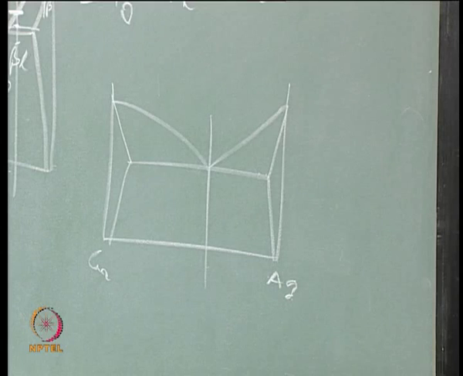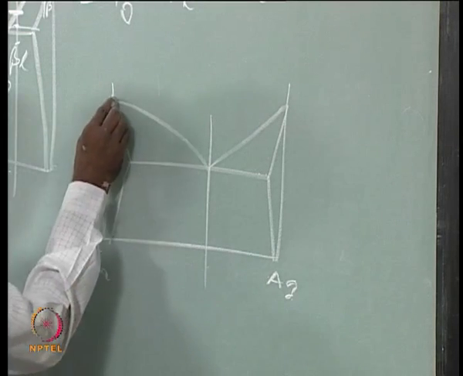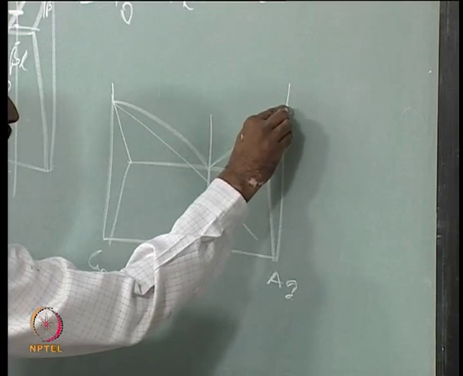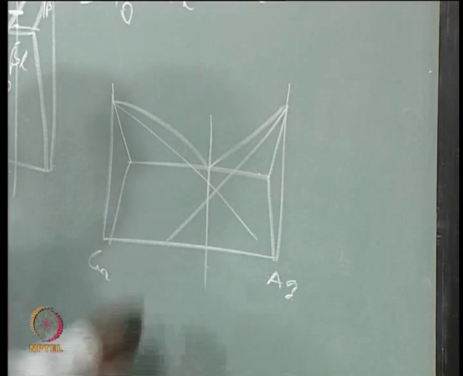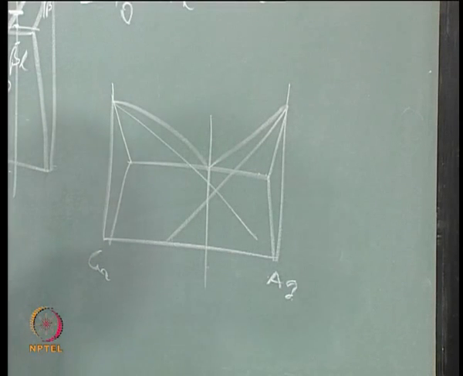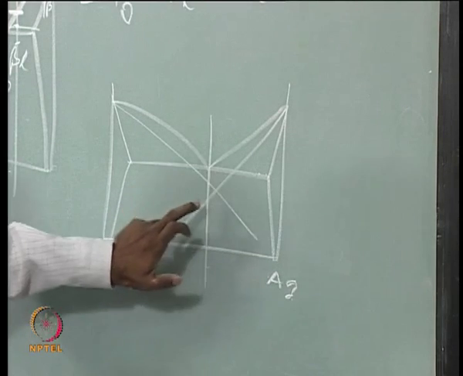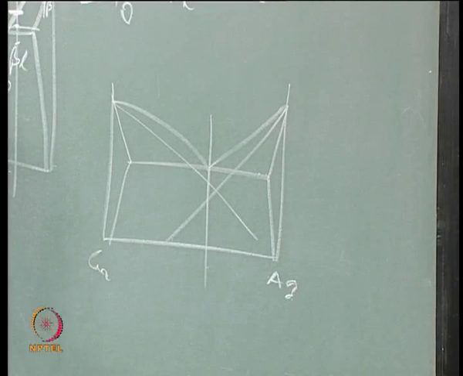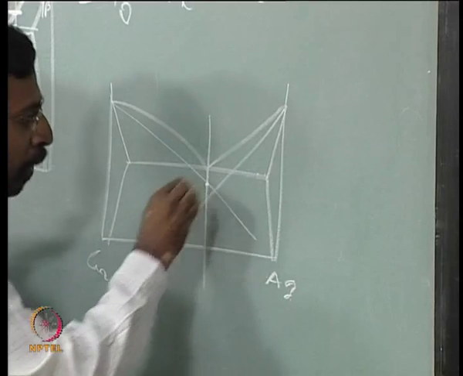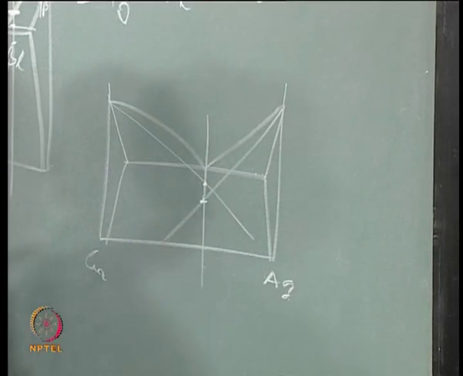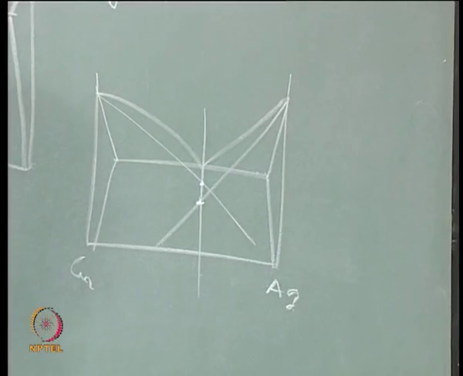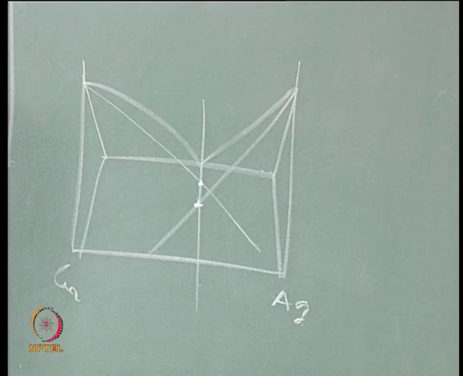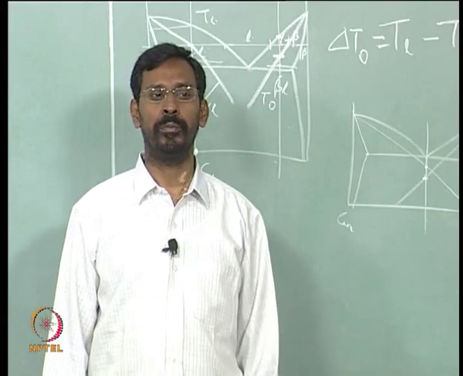That is because he has undercooled, and to an extent that, if I draw this, whatever way it is, if you have undercooled, there are other further questions that may come into your mind. We will address those things also. Sir, what would happen if I undercool below this or below this? So, those questions also we will try to answer as we go along. So, if I undercool below this or below this, I would get either single phase alpha or single phase beta.